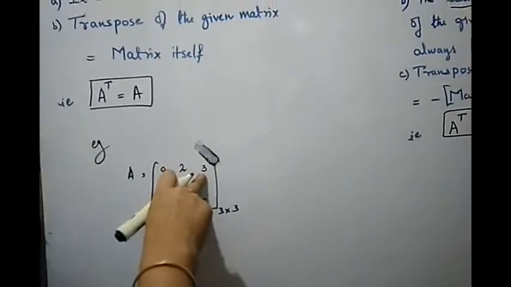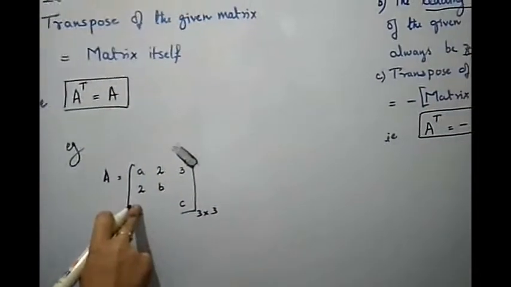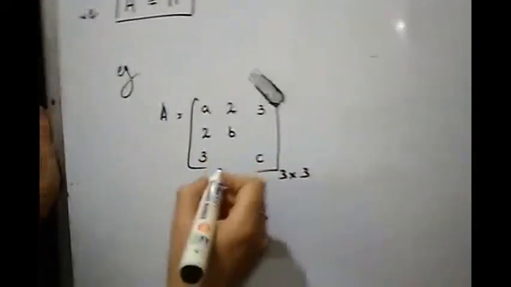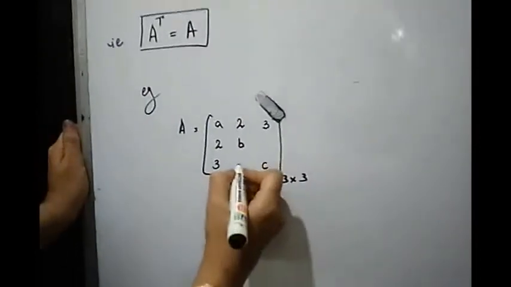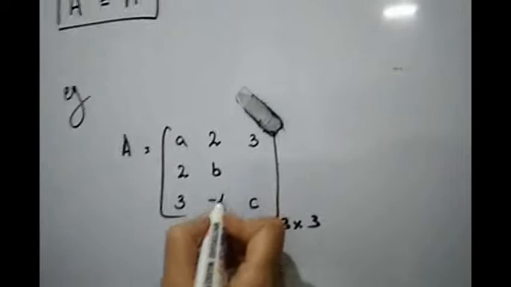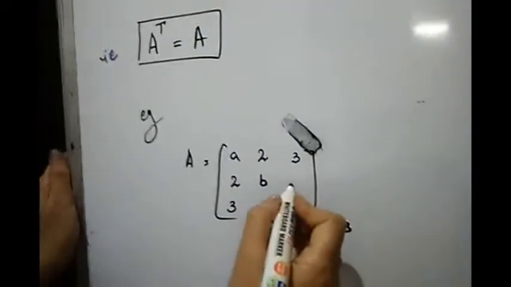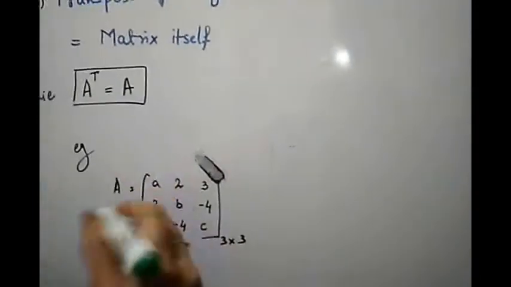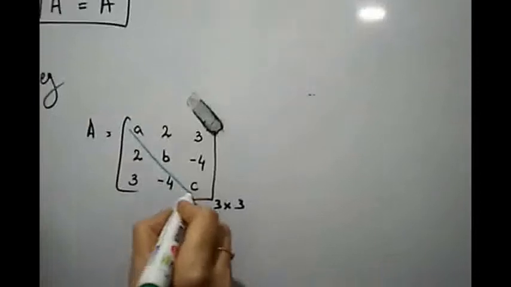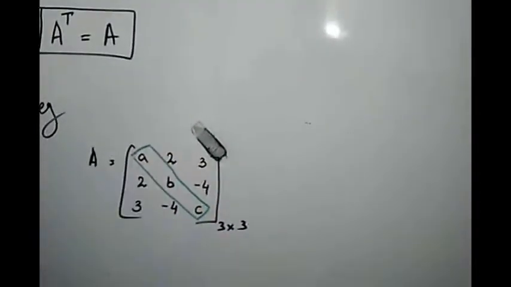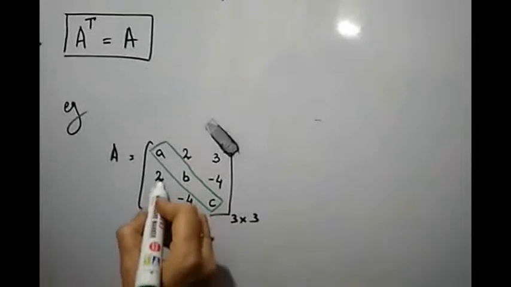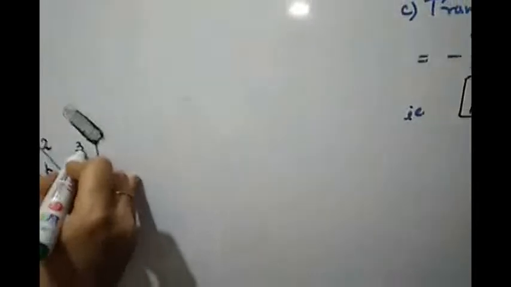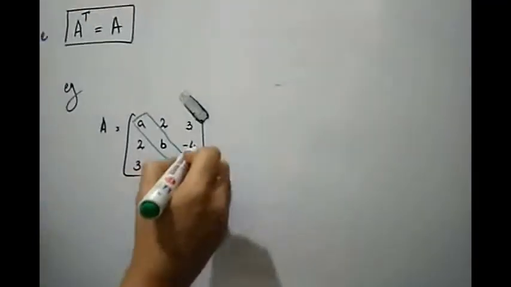Then the reverse is third row, first column, here also it should be 3. Now over to here, it is third row, second column. If I am mentioning minus 4, then second row, third column should also be minus 4. Now you can see this is the leading diagonal. And the elements placed over here are the same as these. The element 3 is the same here. Element minus 4 is the same here.